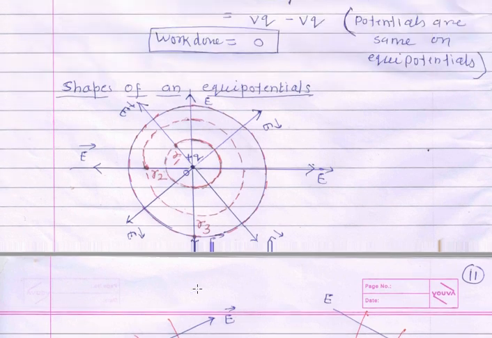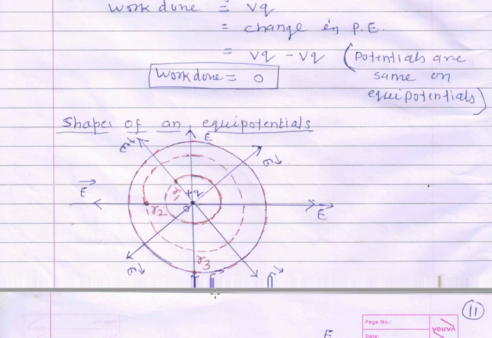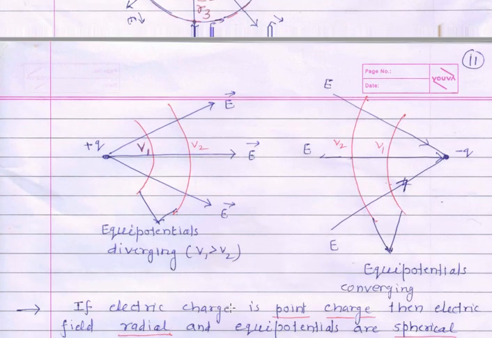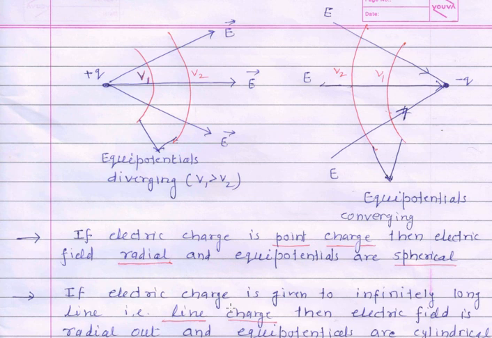We have to construct the equipotentials of the different shapes. So what are the different shapes of the equipotential surfaces? Now, if we are considering the point charge plus q here,